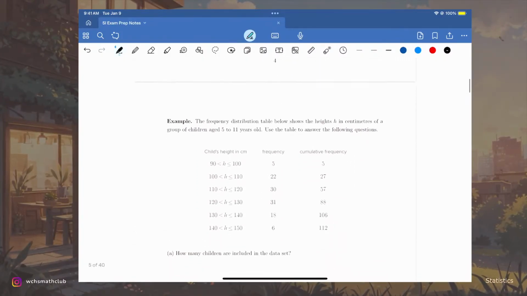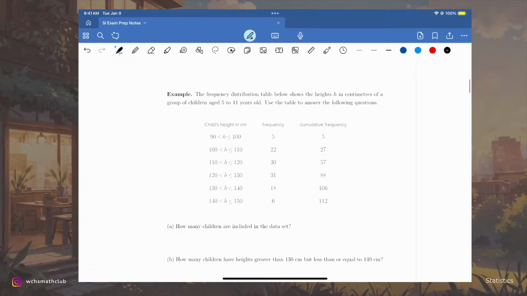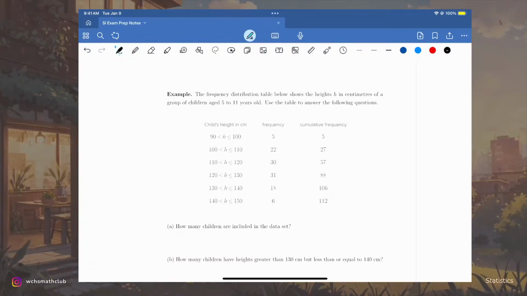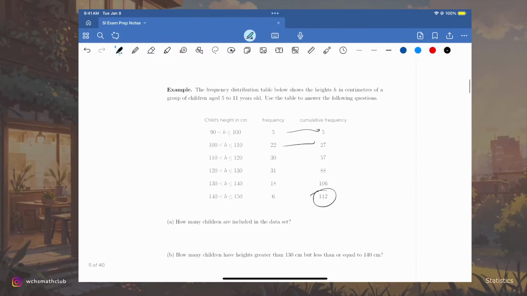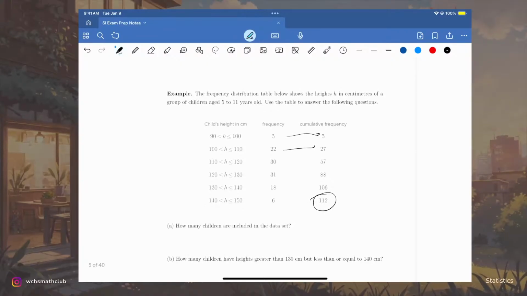And then the cumulative frequency is simply you add up all the frequencies of everything together. So you have 5 here, you add 22 to get 27, and then so on. And then your final value would be the number of total data points that there are. And this is really useful when you want to calculate something like the mean or the median, because for the